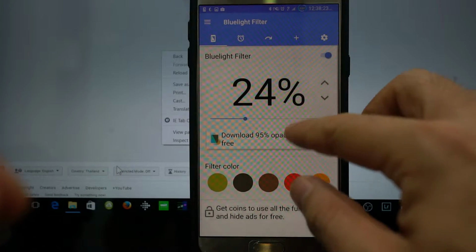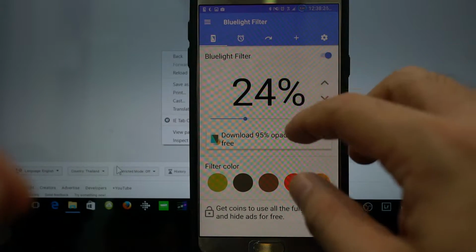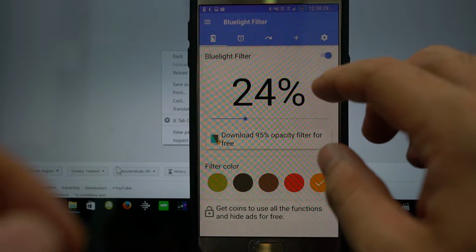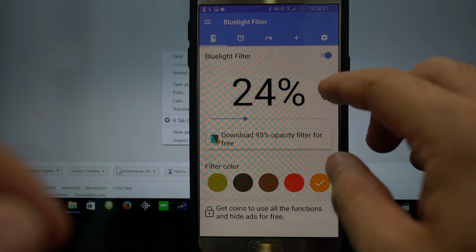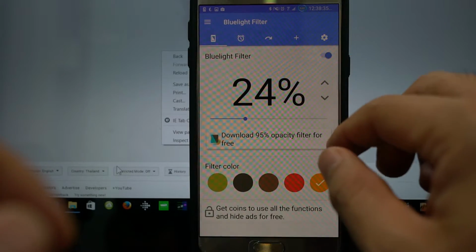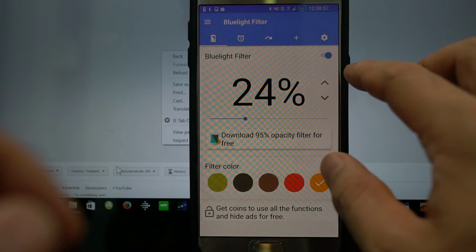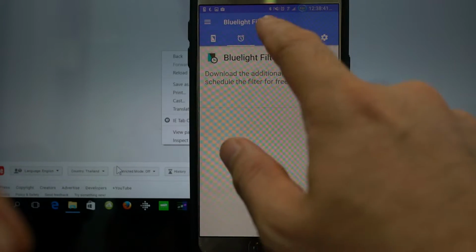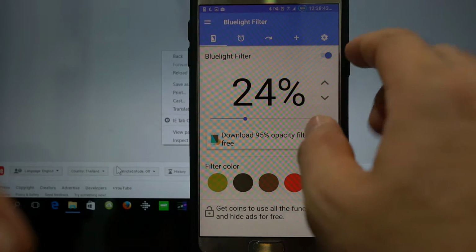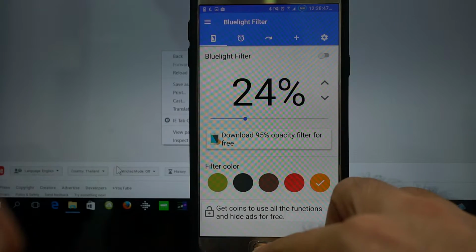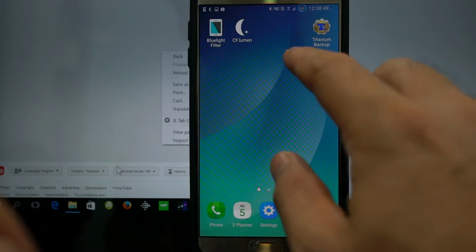So you will have a problem with sleep, and a lot of problems with the rest of the things, like the rhythm. For my case, it's the eye, because blue light is not good for the eye, and it will actually produce physical damage. There are a lot of things you can do, like filter, scheduler, this type of thing. So I think the interface is quite easy to use. So this is the one thing.